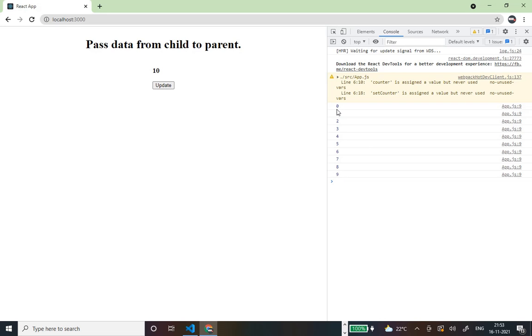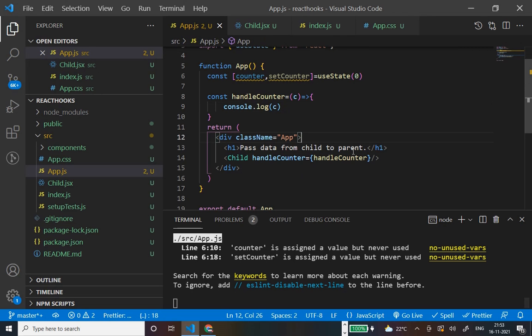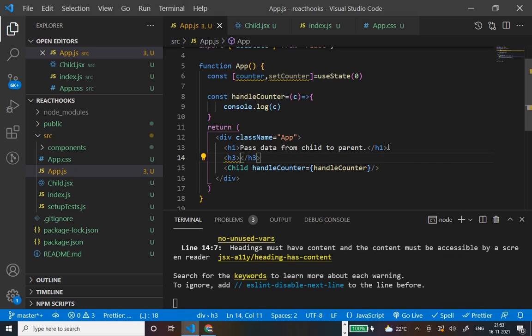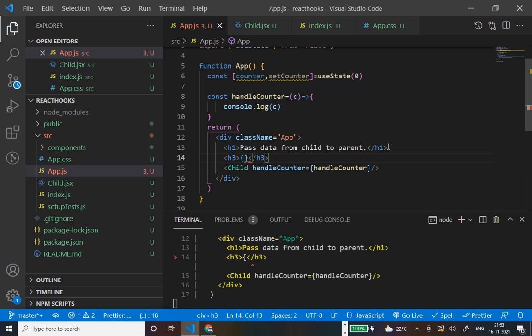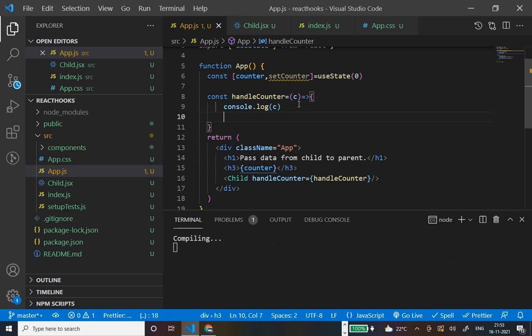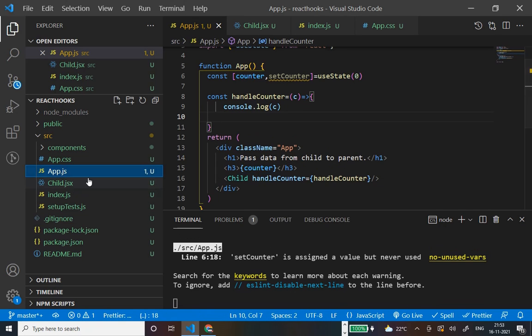So we need to render this value inside the parent component. We can do it like this, h3, counter. Now we don't need to do count plus 1 here, because that's already happening inside the child component.